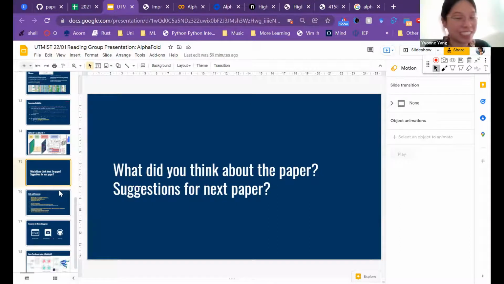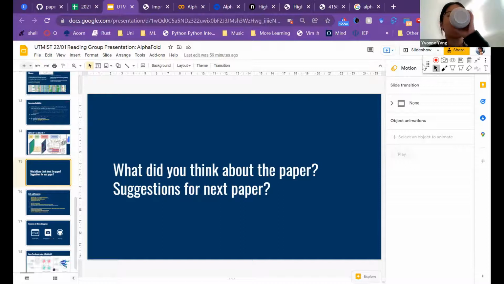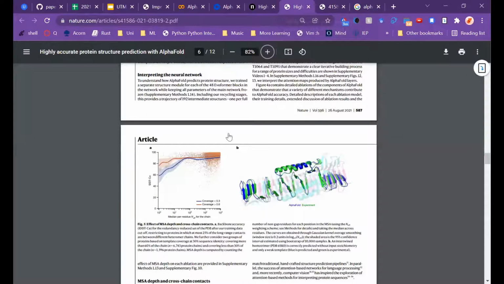I don't really have too much to share, to be honest. I didn't read this paper in too much detail. I basically read a few other blog posts or papers explaining this paper. I think one thing I can comment on is that the result is